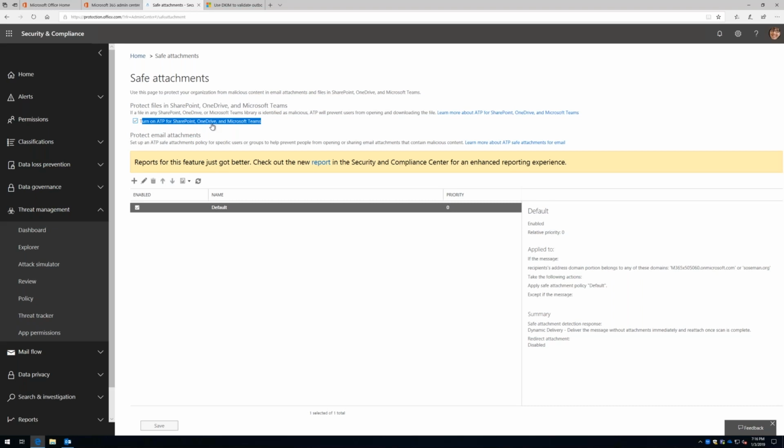That could be really important, especially if you have guests coming into your environment, maybe contractors or a marketing agency, and they get access to SharePoint, OneDrive, or Teams. Look, you don't know who those people are. They could be uploading malicious files to your environment. Maybe one of their accounts got compromised, and there's an actual attacker on the other end uploading files to your environment, and then trying to compromise you.